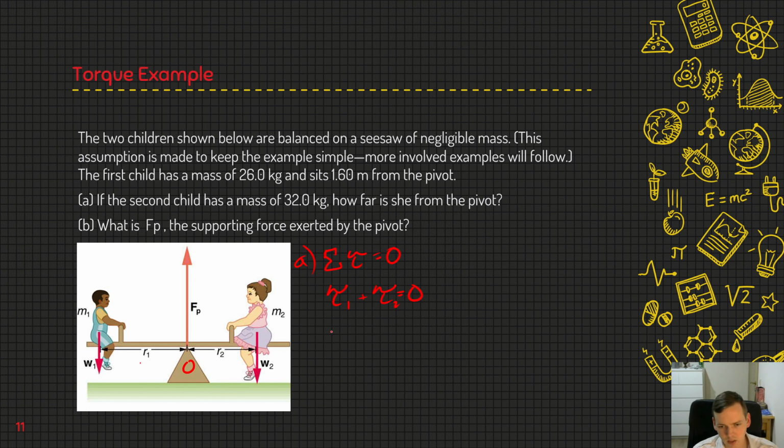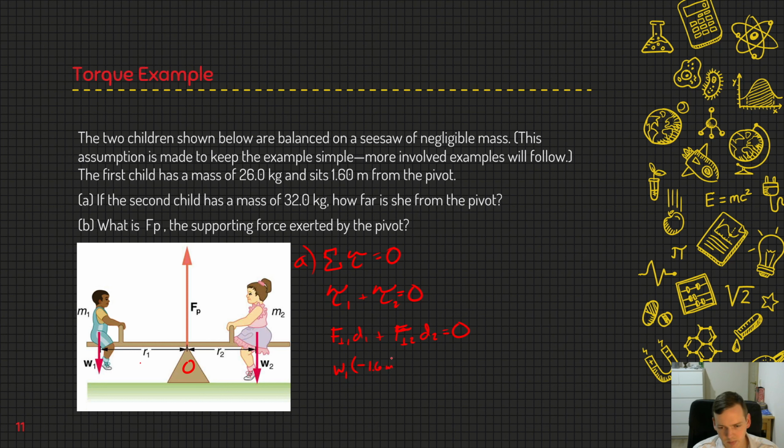So torque of child 1 will be the force parallel for child 1 times the distance for child 1, and torque for child 2 will be the force perpendicular for child 2 times distance for child 2, and that's going to equal 0. Well, we know that the force is equal to the weight, so weight of child 1 times the distance. Well, the distance is to the left, so we need to give that a negative value, times negative